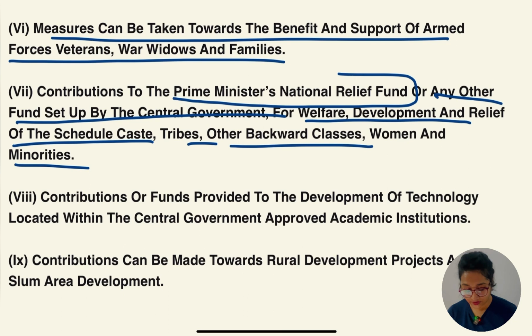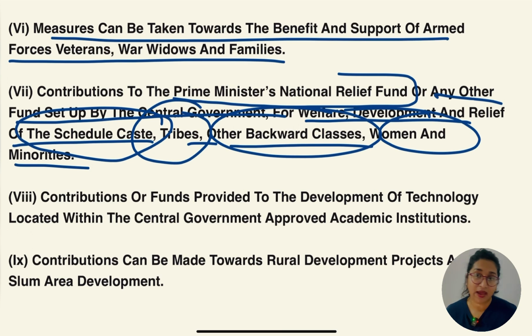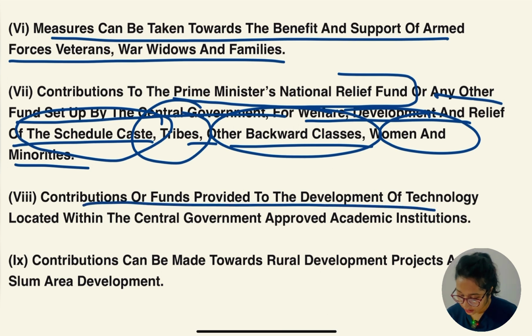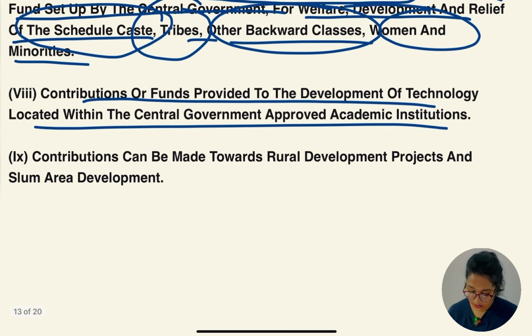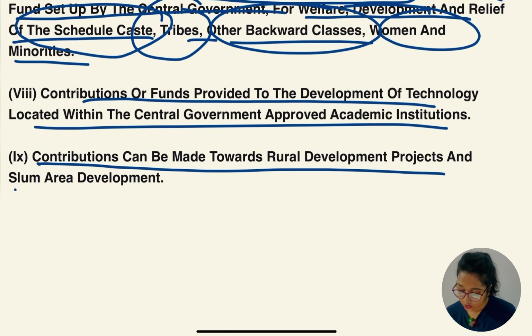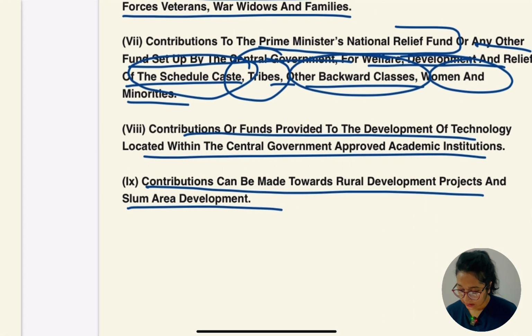As they have said, for any particular religion they cannot go, but if they are scheduled caste, scheduled tribe or any backward classes, and women and minority, for them they can go, okay. The CSR contribution can be done. Contribution of funds provided to the development of technology located with a central government approved academic institution is one of the other activities included, and contribution can be made toward rural development projects and slum area development. So these are the